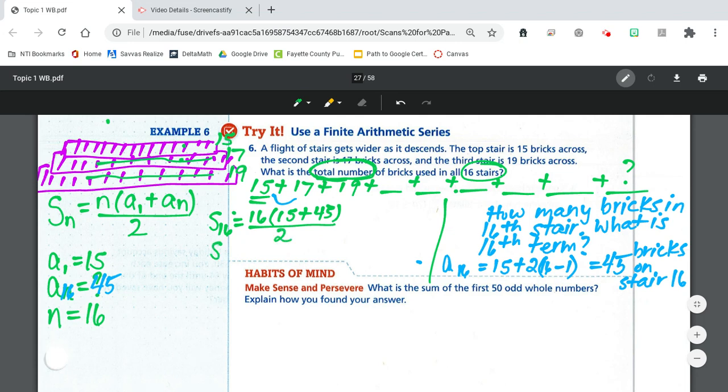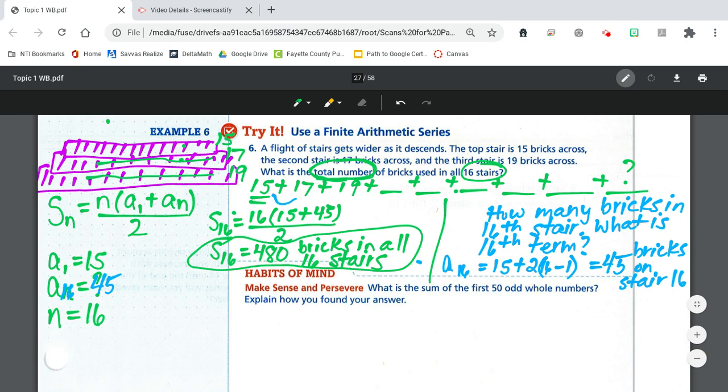So the sum of the first 16 terms is 480, which means there are 480 bricks in all 16 stairs. So sometimes you'll have to do a little bit of figuring out before you can use the sum formula, but you've got that explicit formula that you can help